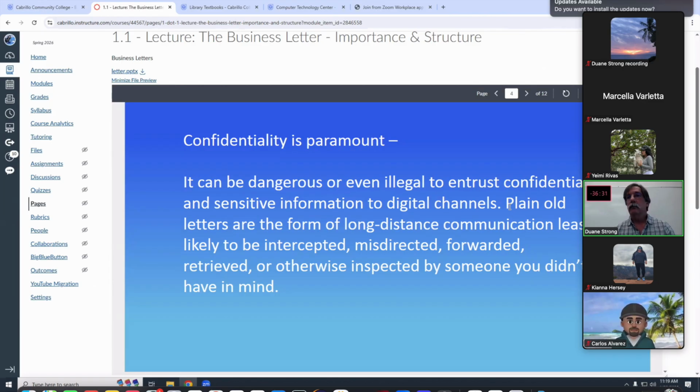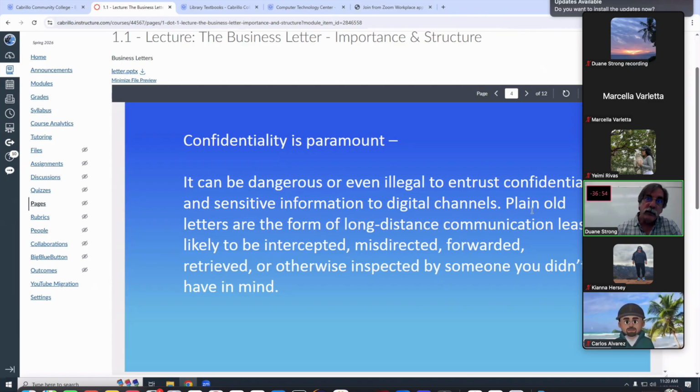Email can be read by anybody, really. You have no idea who can read your email. Someone could certainly hack into your account, but even not that. Especially if you're using a business email account, you don't own that. You should have no expectation of privacy there. It's owned by the business. There are people in the IT department that are reading your emails, okay?